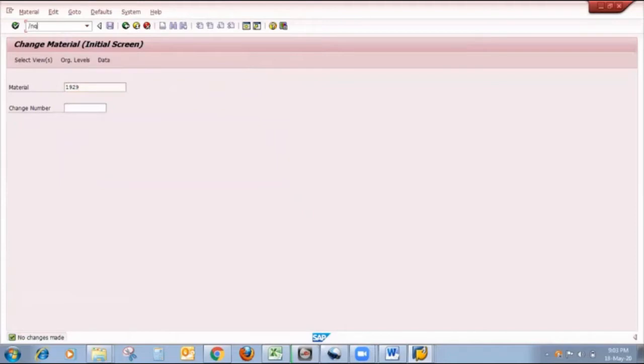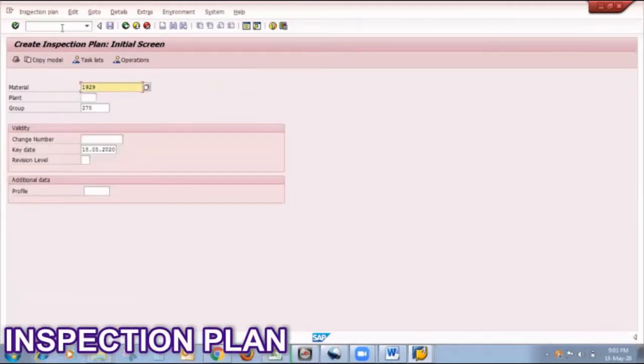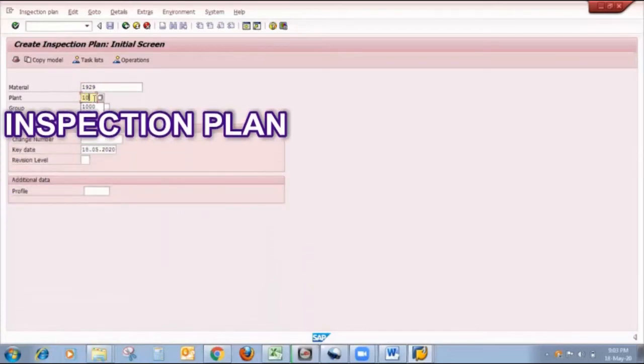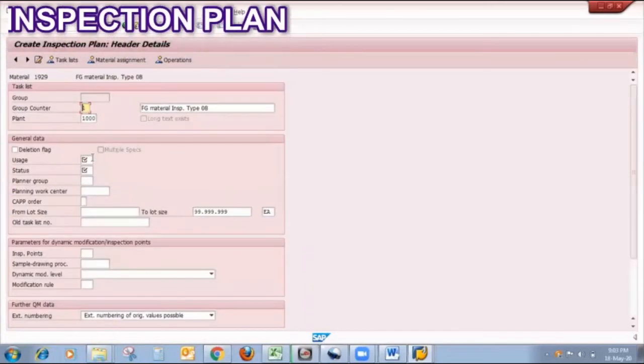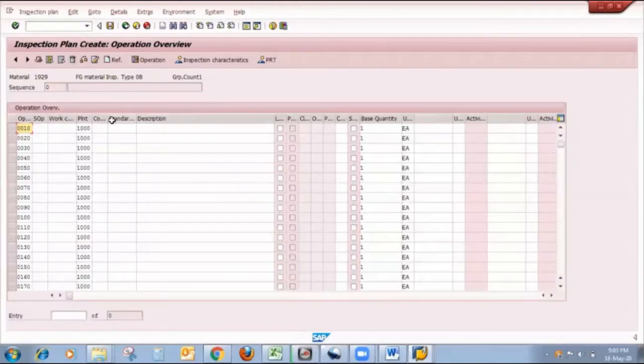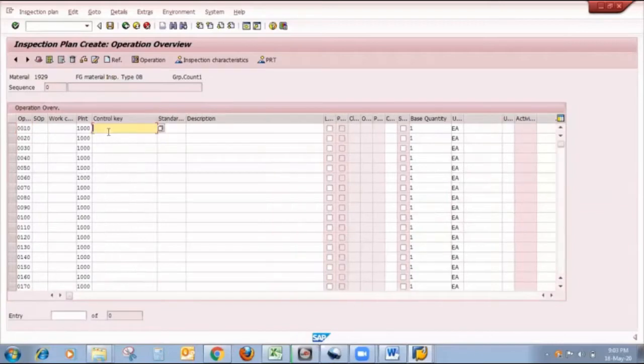My next step is to create an inspection plan for this material. The T-code for creating an inspection plan is QP01. Here I put my plant 1000. Here I put usage 5, that is goods receipt, and status 4 because we want to receive that material. Now I click on operation where I put my control key QM01, because in the QM01 control key, the inspection characteristics require business transaction is activated.